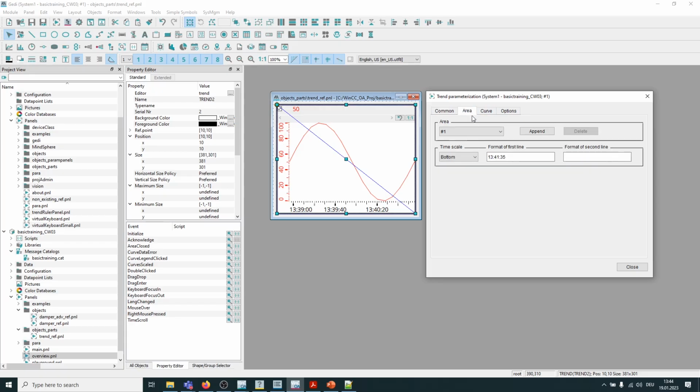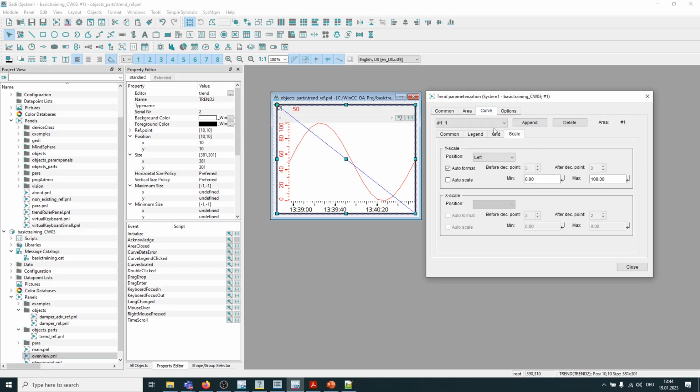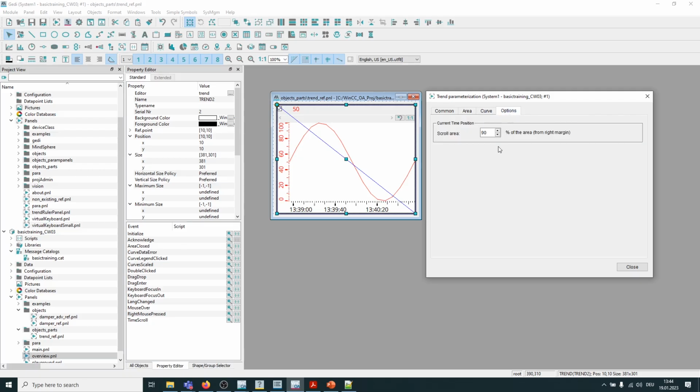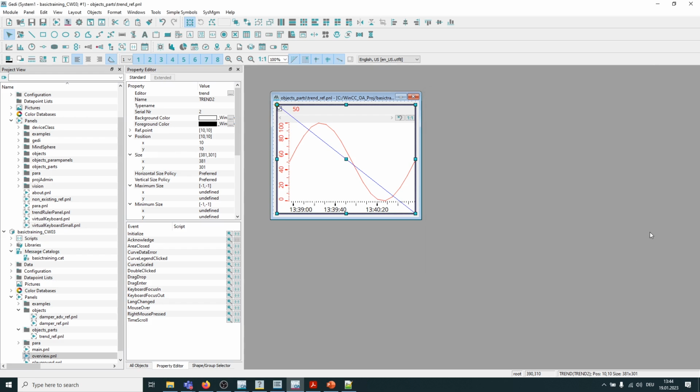Okay. The rest can stay on default, so we can close this dialog, and we'll now move the trend on